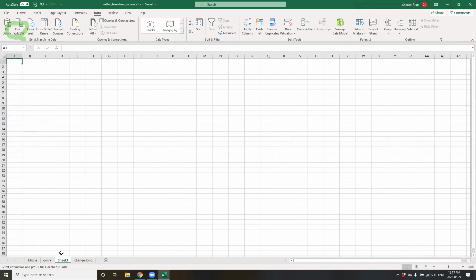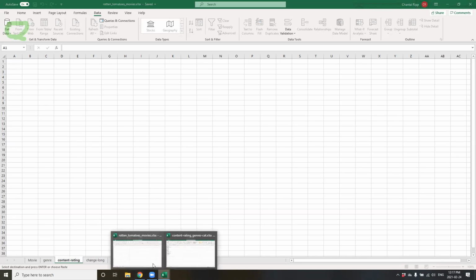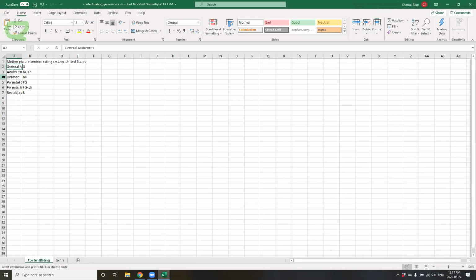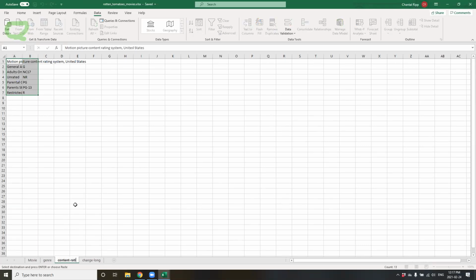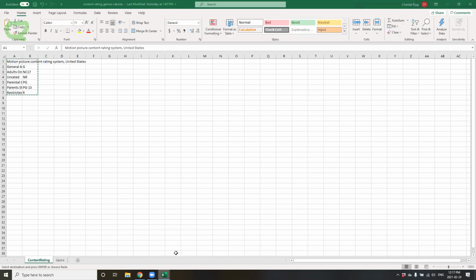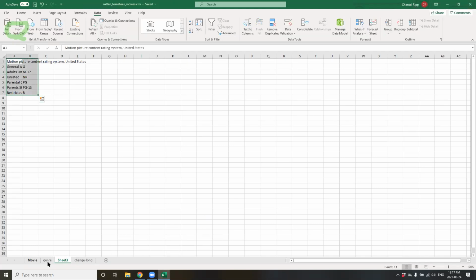And while I'm at it, we will be doing a match function, and I'm going to bring in the data set now for that, and we'll come back to that later. Now I can close this other data set, because now the data that I want to work with is in one Excel sheet.